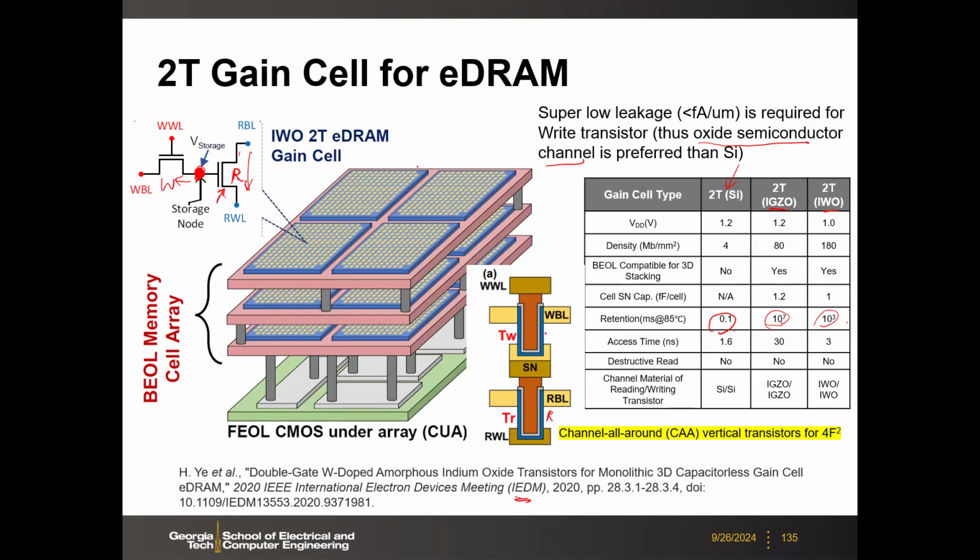This is the read transistor, this is the write transistor. So with those kinds of oxide channel all around, then you can really shrink this to 4F square, and then the density could be even higher than 3 nanometer SRAM. Even the pitch here is larger than the SRAM. So